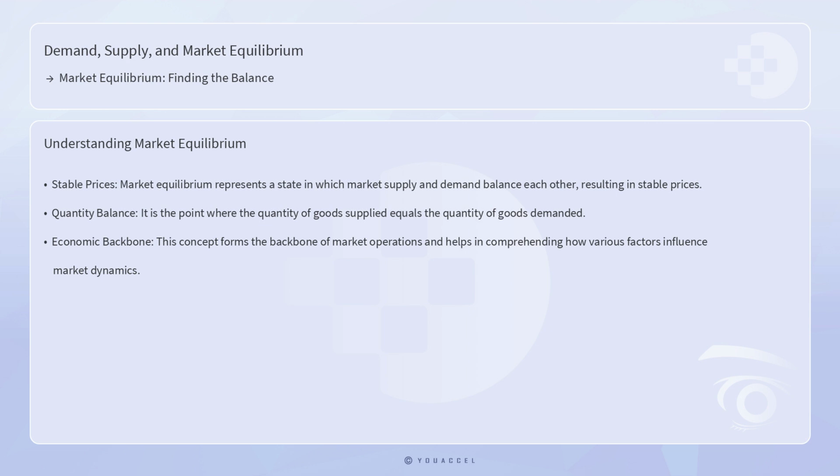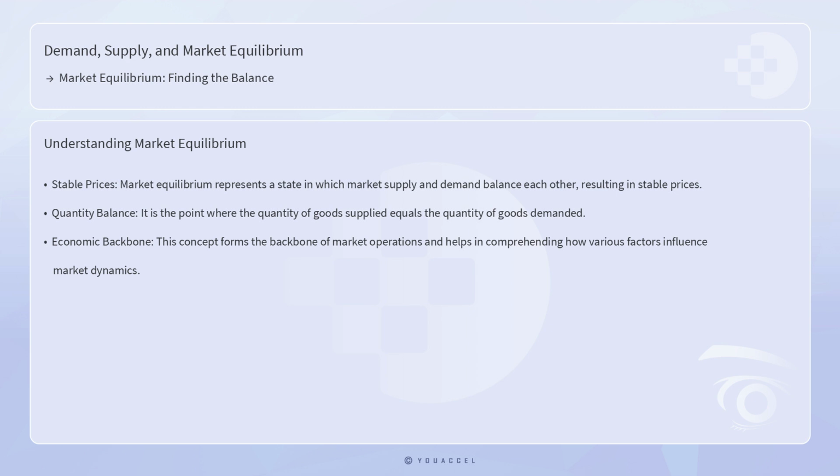Understanding market equilibrium is crucial in microeconomics, as it is the point where the quantity of goods supplied equals the quantity of goods demanded. This concept forms the backbone of market operations and helps in comprehending how various factors influence